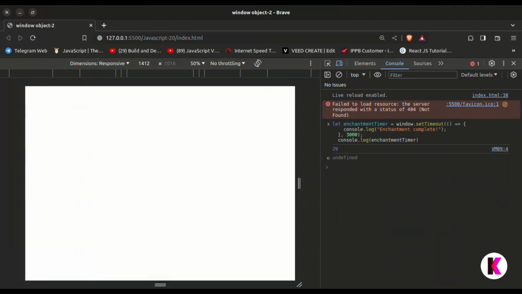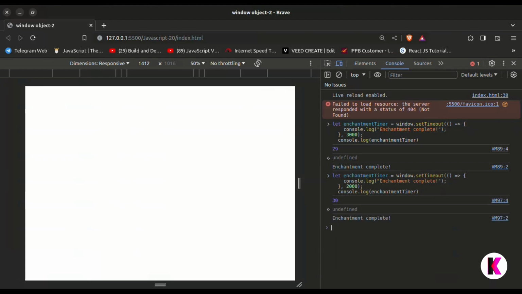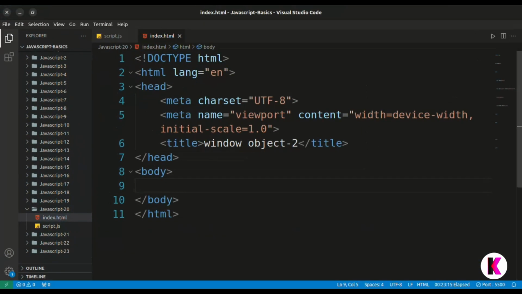So if I print, this statement will print after the 3 seconds. You can see 1 2 3. You can see this adjustment complete. I hope you understand this. If I change the time, like if I want to print this after 2 seconds, so you can see this 1 2, this prints. I hope you understand. This is very useful in JavaScript.